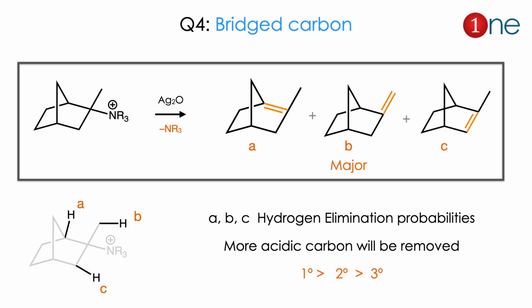The next one is the choice of hydrogen in the reaction. Here bicyclic systems are given where the leaving group is ammonia. See below, there are 3 hydrogens possible during the elimination, A, B and C. So which one will be removed? If A is removed, product A will be formed. B means product B will be formed. C means product C will be formed. So which will be the major one? We very well know that the acidity of hydrogen decides here. So primary is much more acidic. Here A is tertiary, C is secondary, B is the primary one. So B is always formed, B is the major product.